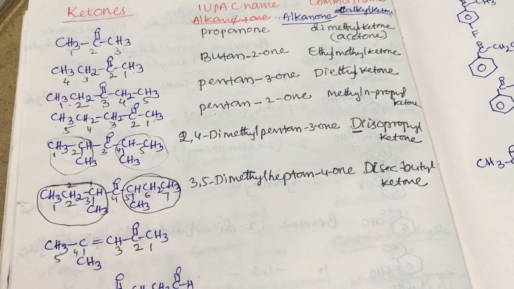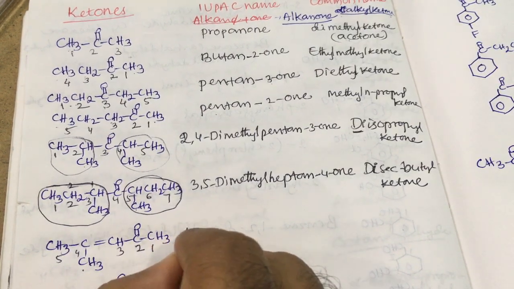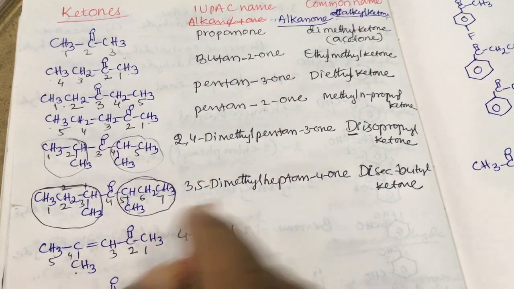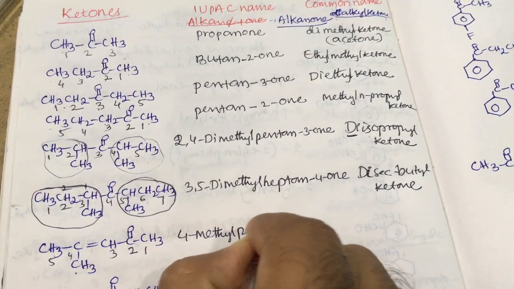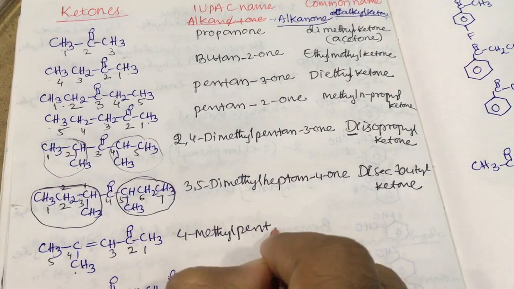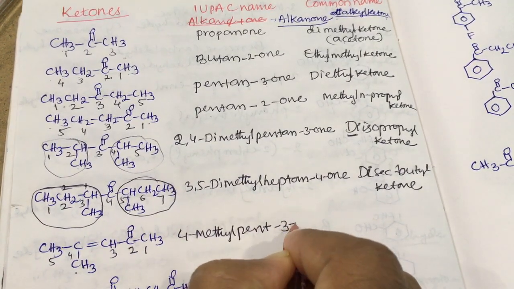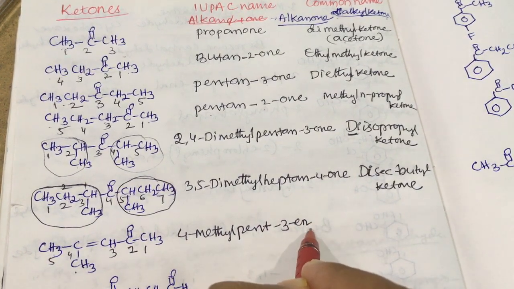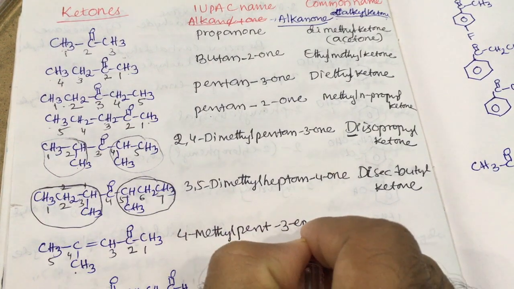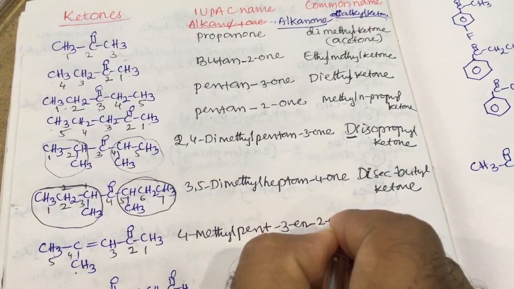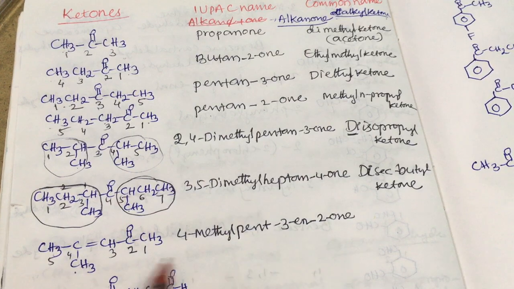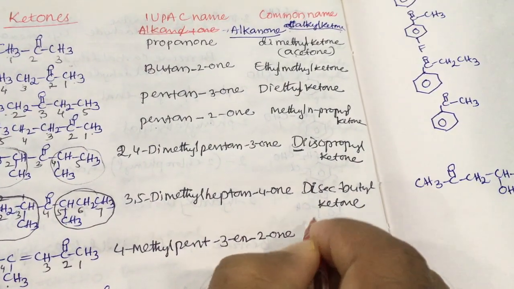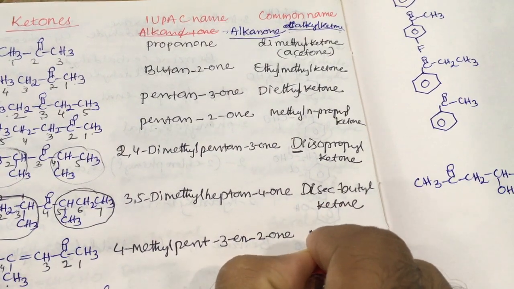Then here first methyl, fourth position is 4-methyl, total 5 carbons. Then pent, double bond position is third, pent-3-ene. Ene means remove E and add one, pent-3-en-2-one. There is also a common name for this, mesityl oxide. I think you may observe this in the aldol condensation,